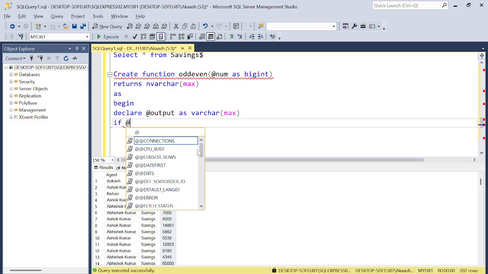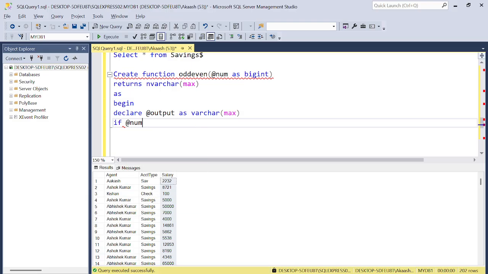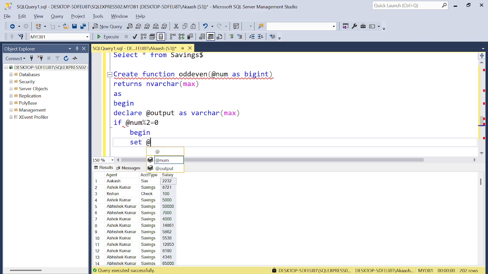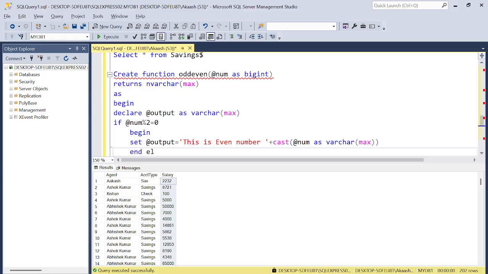Now if @number divided by 2 is equal to 0, which means this is an even number, set @output to 'this is even number', and we have to give the number here as cast @number as varchar(max). Okay, and else